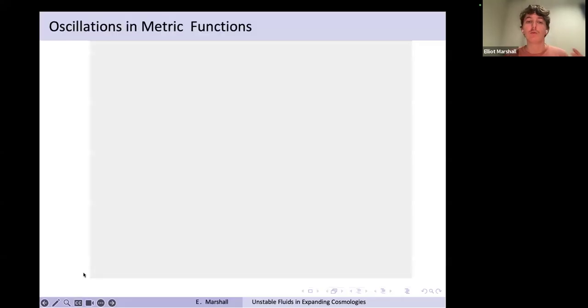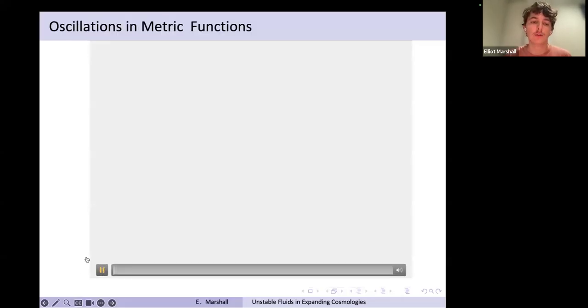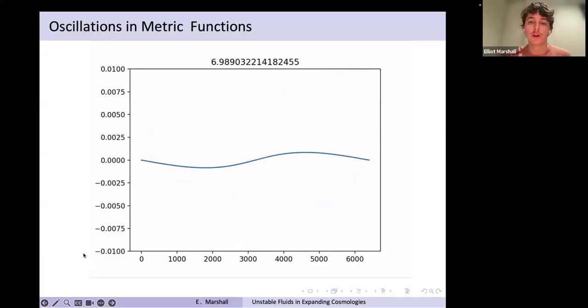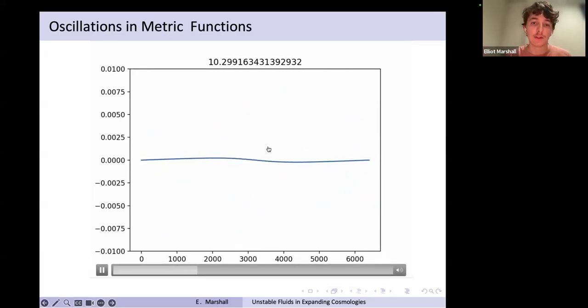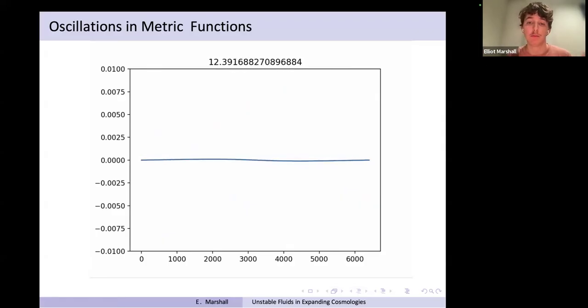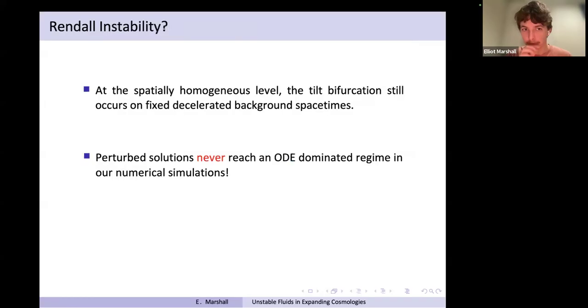And then the next thing we can do is, well, what about the metric function? And so the metric functions also have this sort of rapid oscillation, which is decaying in some sense, but we always observe some sort of oscillatory behavior. And in particular, I want to emphasize that the metric functions always appear to be smooth. We don't see any sort of discontinuities forming in the metric, which is what you would expect. Okay, so we see shocks in the fluid and we see oscillations in both the fluid and the metric.